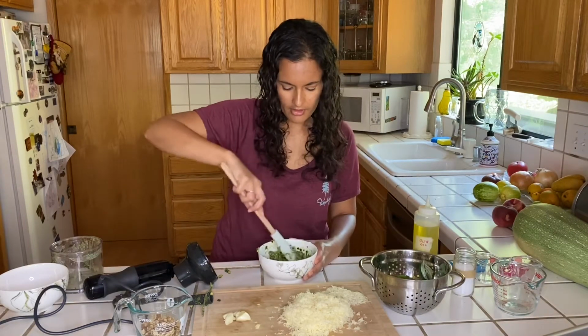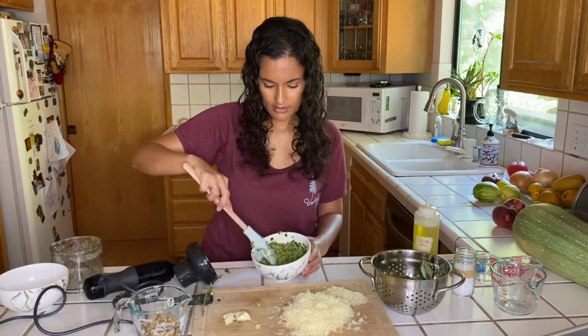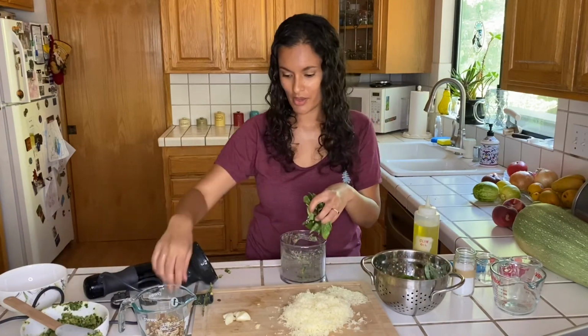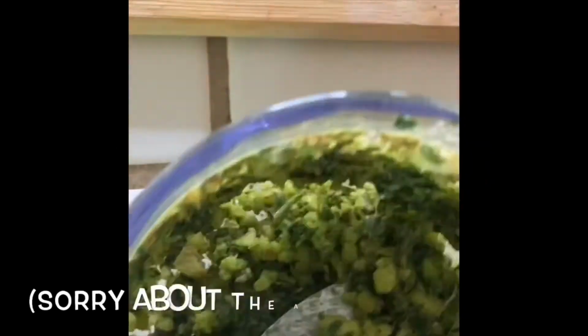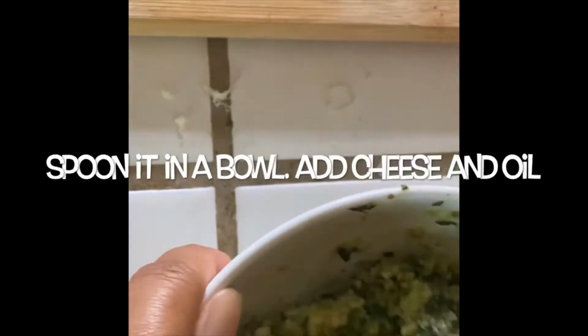We have the first pesto. It's got a little bit of the chunkies. We're going to blend the basil for the walnut pesto because I want to actually try them side by side. All right, so we have our pine nut pesto in this bowl, and we have our walnut pesto in